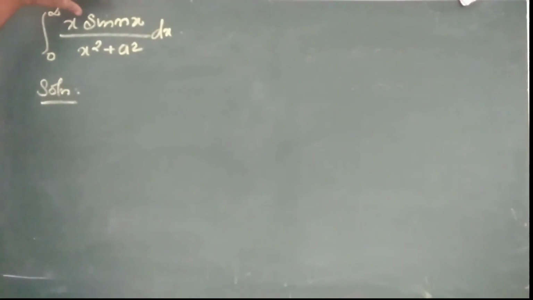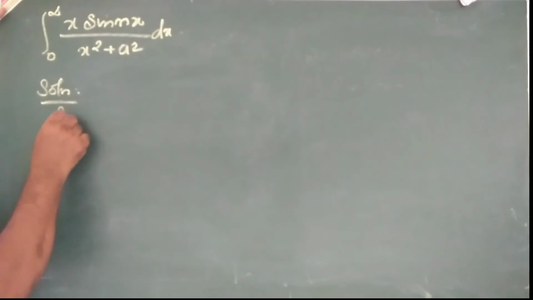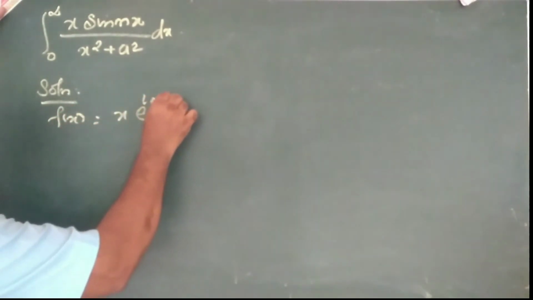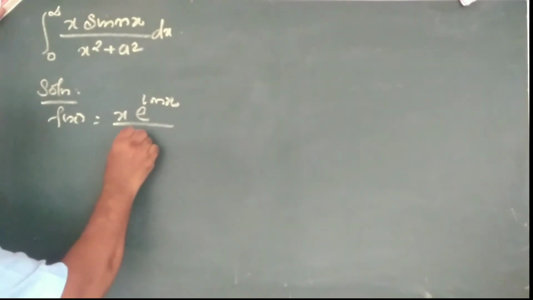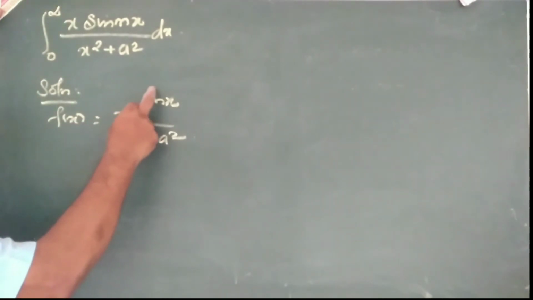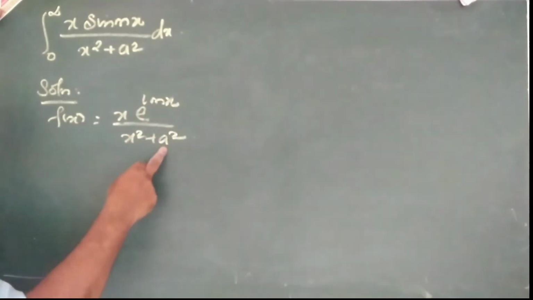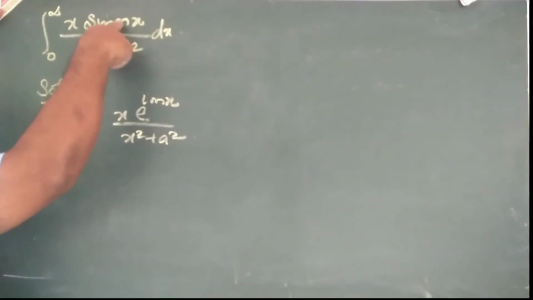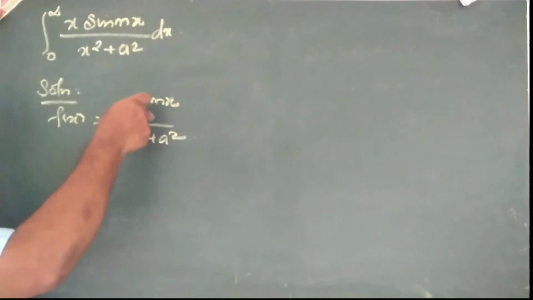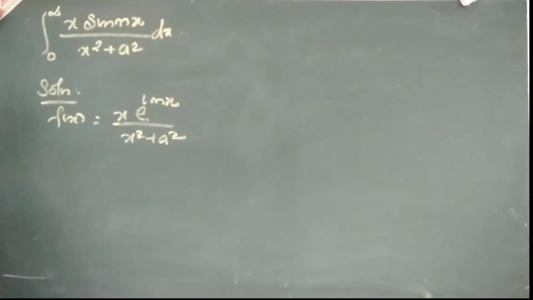So the numerator term contains a sine term, therefore we take f of x is equal to x e raised to imx divided by x square plus a square. Actually this is equal to the imaginary part of this one, because for sine we take imaginary, for cos we take real. So f of x is equal to,